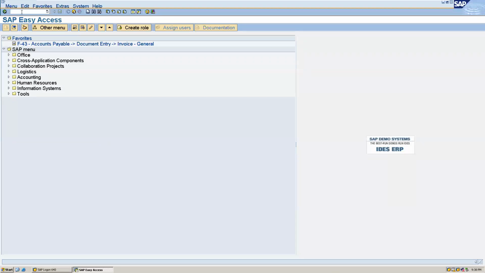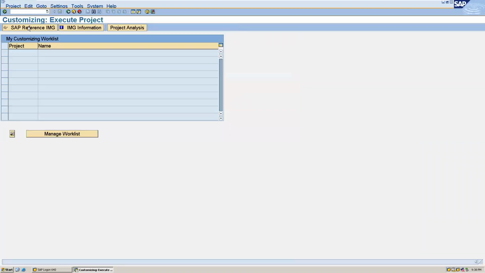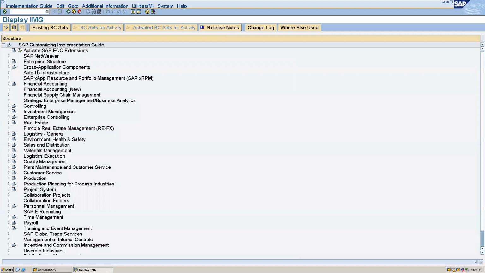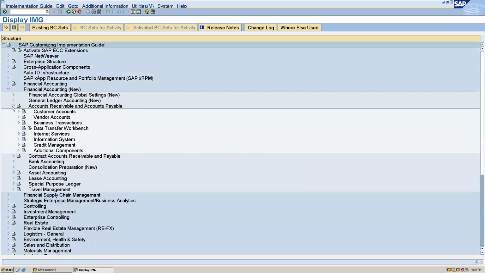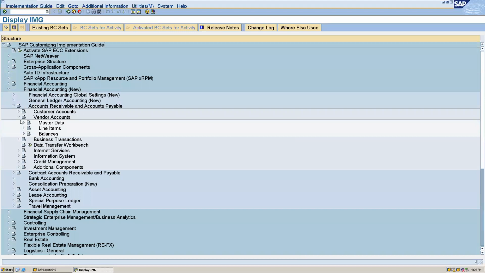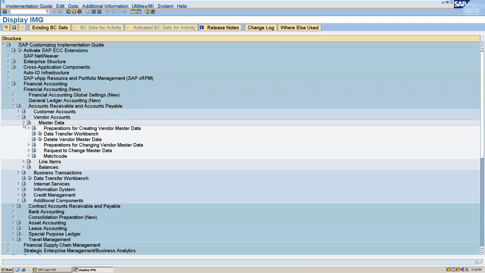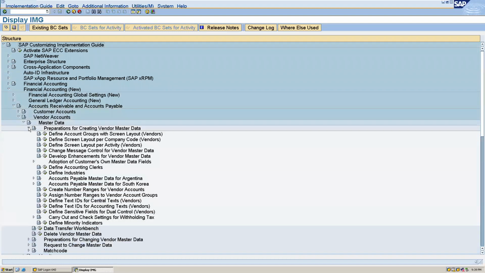Go to SPRO in the IMG field. Here you have to go to Financial Accounting New, Accounts Receivable and Accounts Payable. Then you have to go to Vendor Accounts, Master Data, and then Preparations for Creating Vendor Master Data.